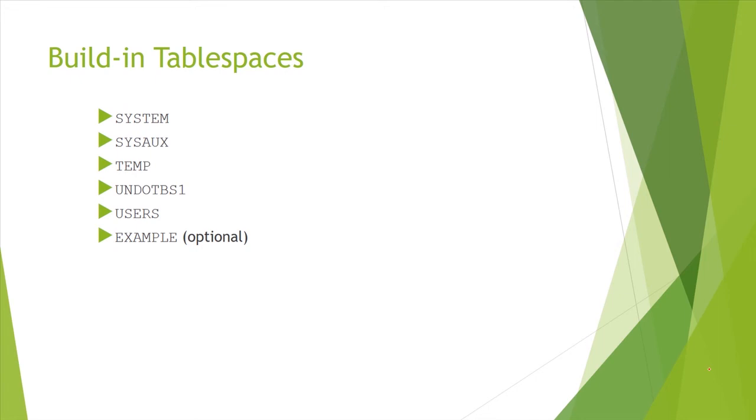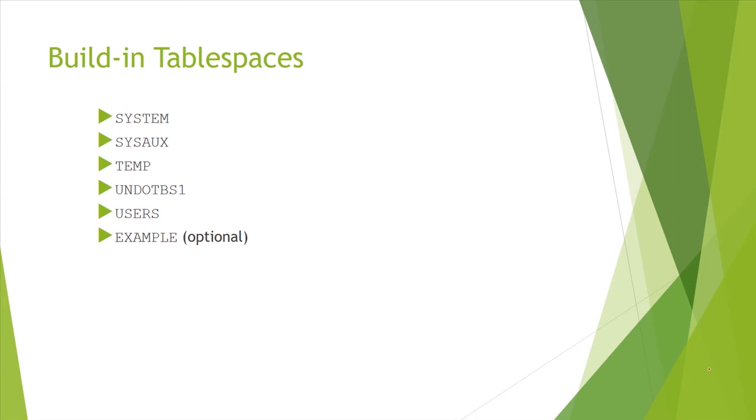space. Example table space, which is an optional table space in case you create sample schemas during database creation. The example table space will be created and it will be used to hold tables and indexes for the sample schemas like HR user, OE user, sales history user, and so on. As a best practice, don't use system or sysaux table spaces to store application tables and indexes or to store users'